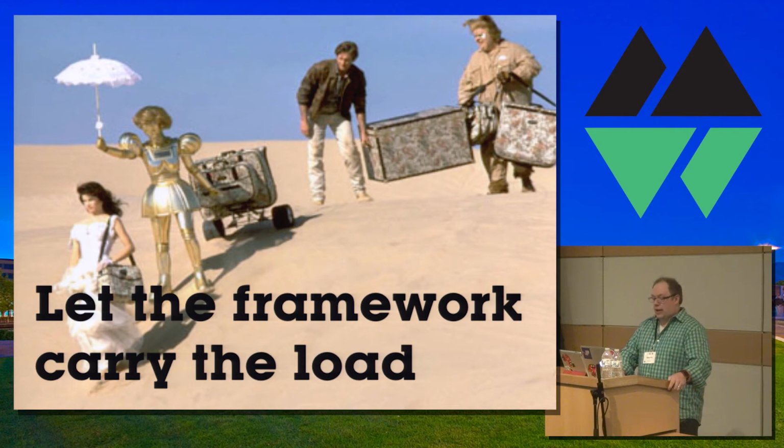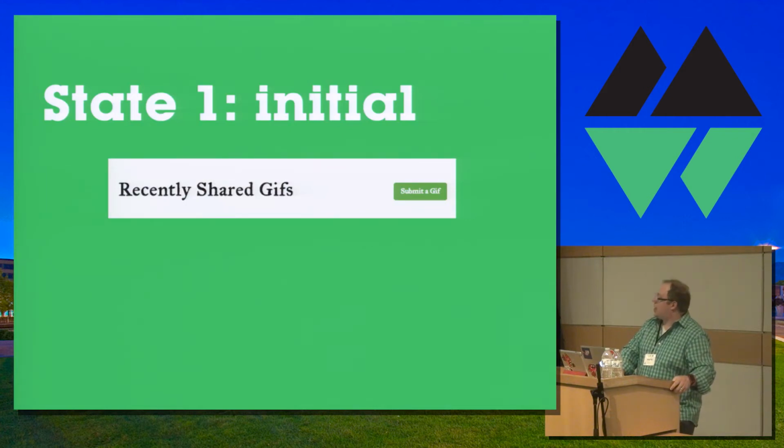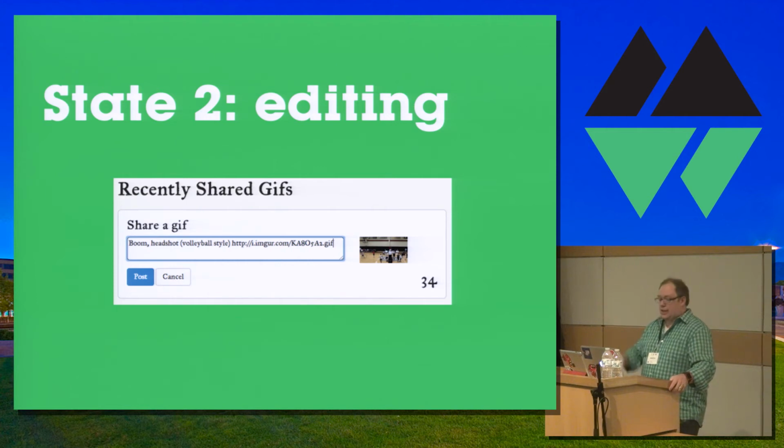The models hold onto our data, keep it up to date, and bind the changes to the DOM automatically. And we're going to lean a little harder because now it's time to identify states in the app. That's step 4. So this is actually a pretty fun part. It's pretty simple. You go back through the app and actually kind of pick out what those states are. All right, so we have this sort of initial state that things are in. The button's visible. The button goes away during editing state, and the thing is ready to save.